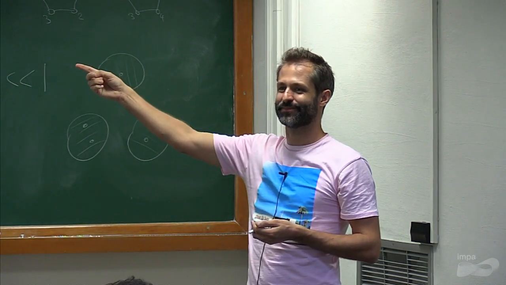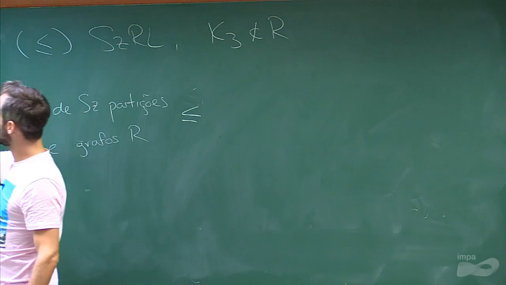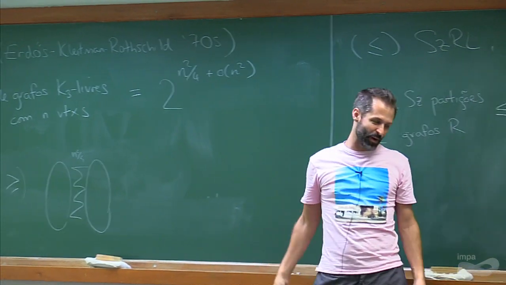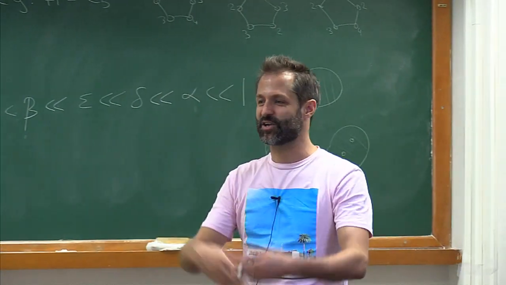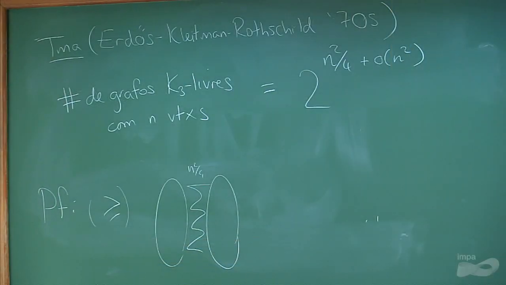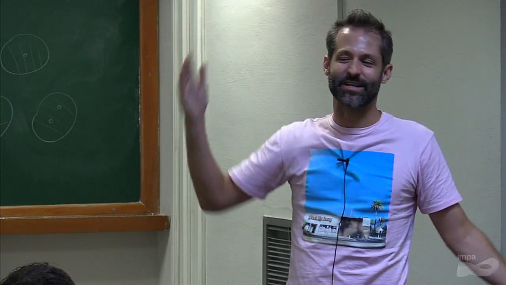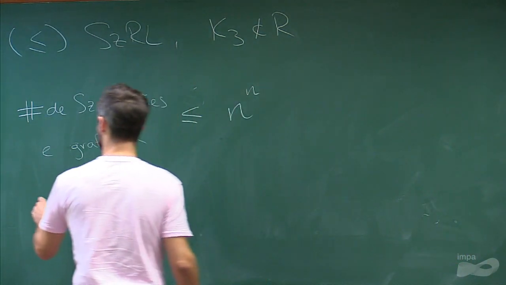So, once again, how many partitions are there? Well, notice that we have some stupidly big error bound here. We're allowed to throw away factors of 2 to the little o of n squared. And how many partitions are there of the numbers 1 to n into whatever number of pieces? Not that many, right? Like n to the n. Let's just bound this in a totally stupid way by n to the n, without even thinking about it. And n to the n is still way smaller than 2 to the little o of n squared, so I don't care. Okay, so now let's fix an R and count the number of